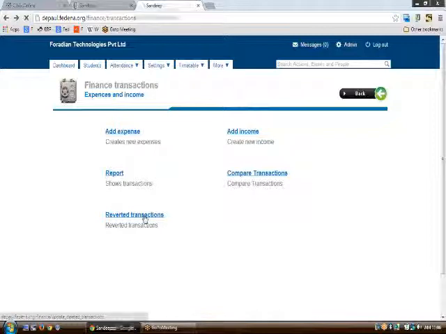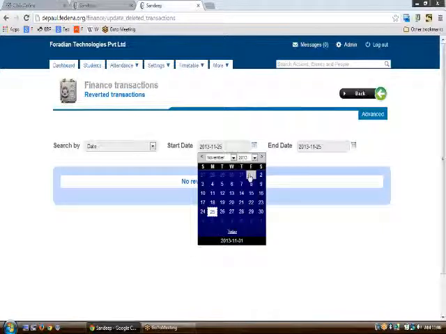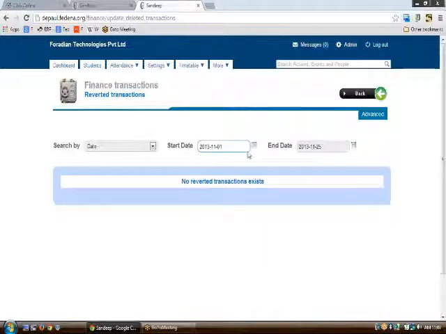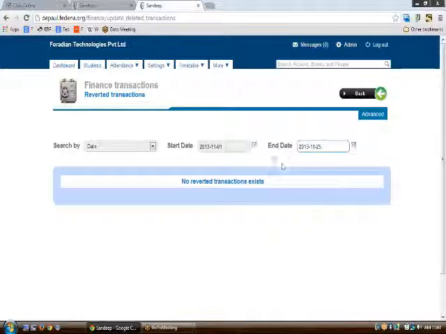Now next comes the reverted transactions part. In reverted transactions, you will be able to see all the transactions that have been reverted for a particular date. Let us say that I want to enter a date, and for this particular date I want to see all the reverted transactions.